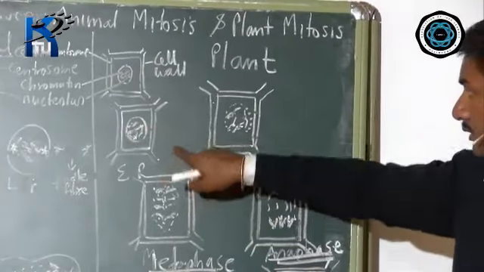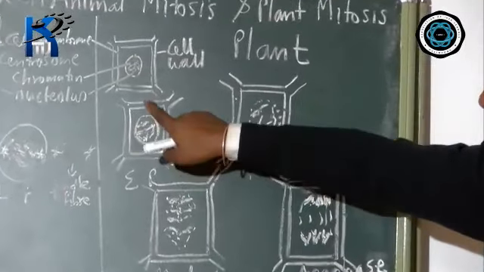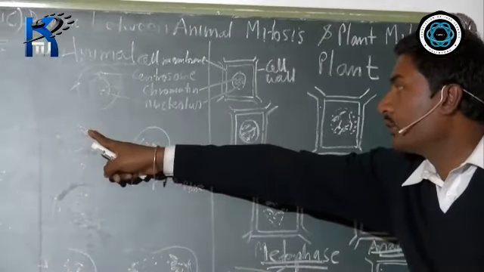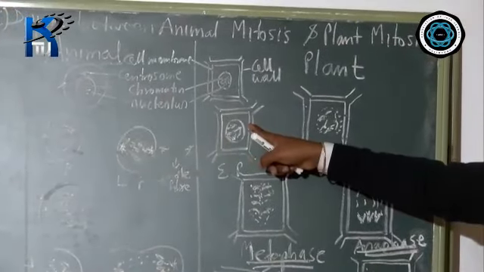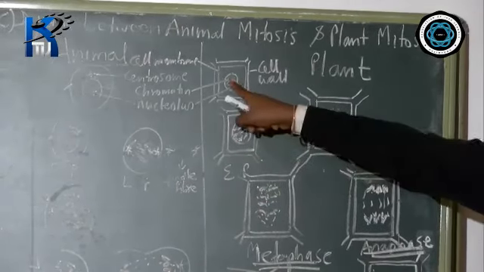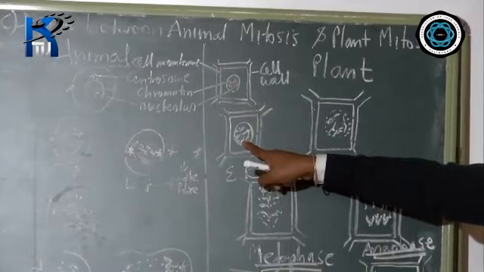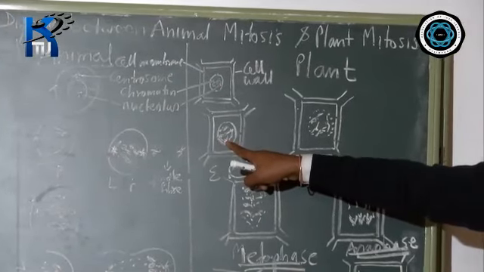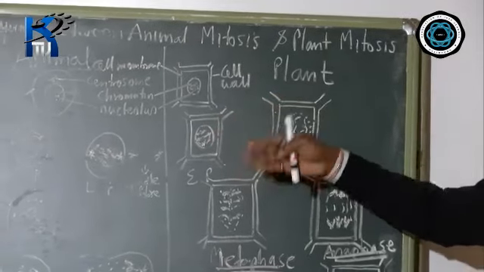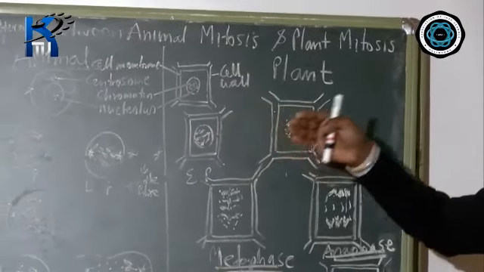In the prophase, also you will come across that here what do you find? Here you find the centrosome is there, centrioles are there. Here you will not find centrosome. Now here what is happening? Slowly these chromatin fibers are converting into chromatid. It is becoming short and thick. When it is becoming short and thick, then you call it as chromatid.